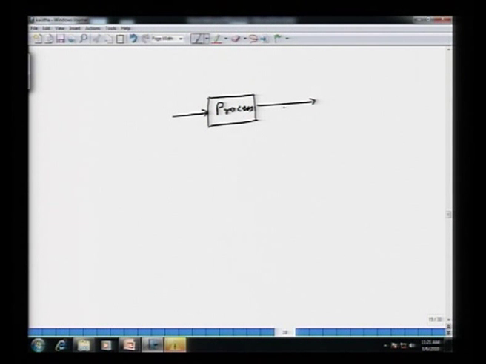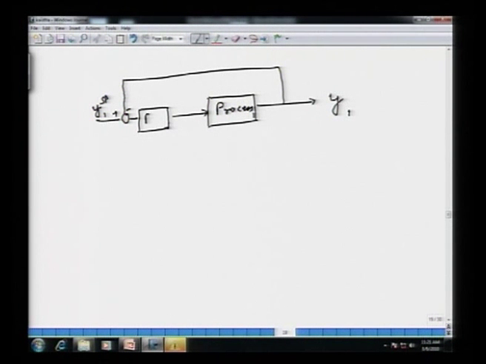This is the output from the process. I take it back, this is the set point for y, let me call it y1. This is the y1 set point, plus minus, this goes to a controller, let us say it is a PI controller, process 1, which adjusts an input. Well, this is a single input single output system.